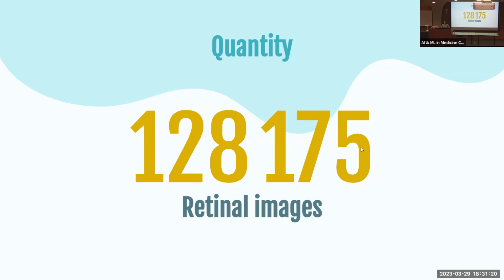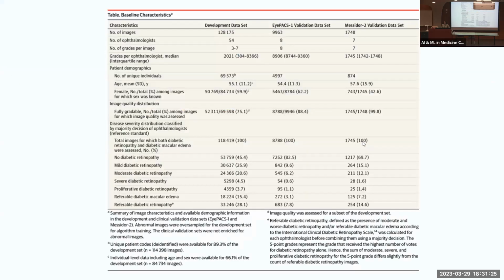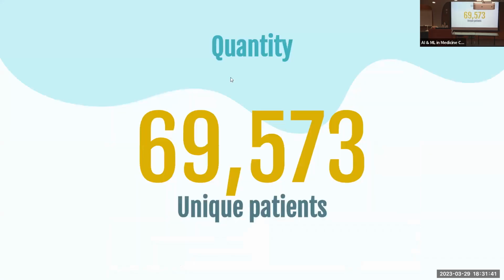Okay. So the raw data set that they used for the images, if you look here, did you guys find this table? Did everyone find this table in the supplementary section? So this is kind of what they started off with. Obviously, they went through some pre-processing, but the number of unique individuals was actually 69,573. So that's actually pretty good.